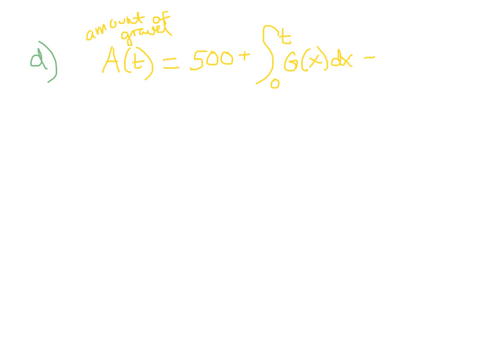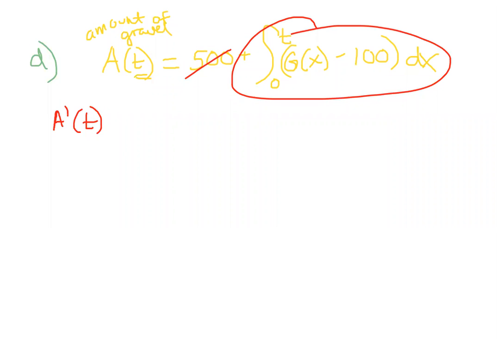minus, well, I think I'll write it like this. So G of x is how fast it's coming in, and 100 is how fast it's going out. So that is how we would find the amount of gravel at any one time t. So we want to know when it is a maximum. So to find a maximum, you take a derivative. Well, the derivative, 500 is going to go away, and the derivative of this is just going to be G of t